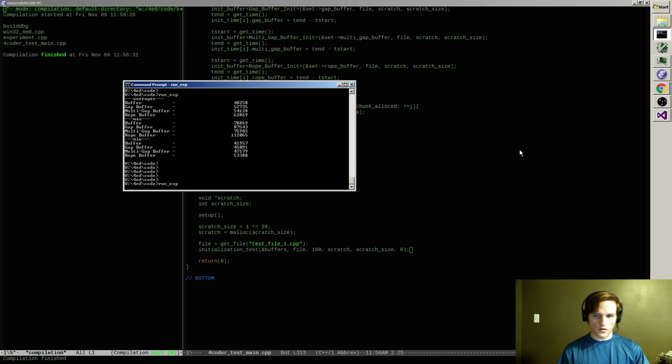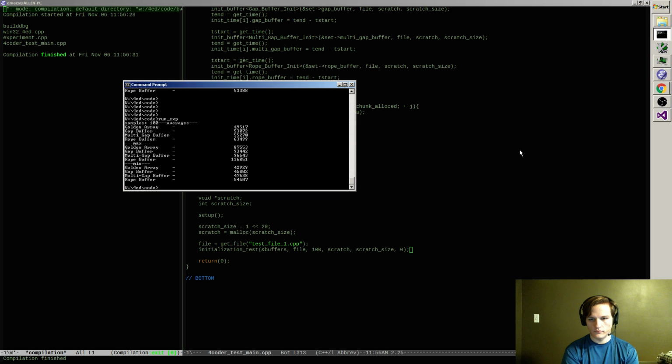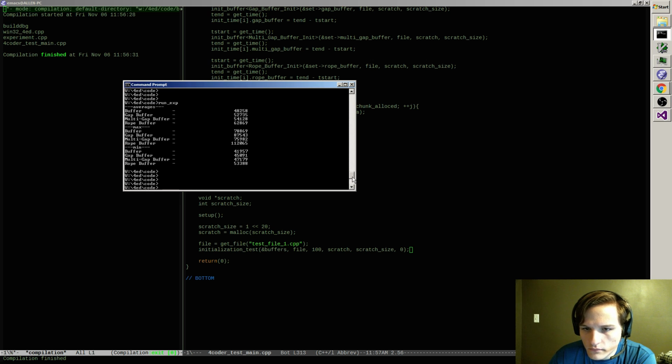Alright, I'm hoping to see that that doesn't affect its performance and that everything still works. Yep, still kind of showing in the average about 2,000 milliseconds of variability.